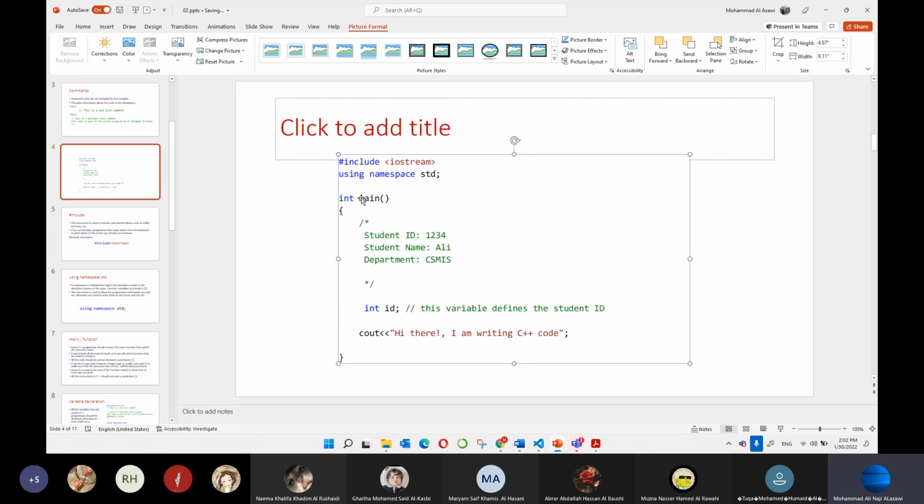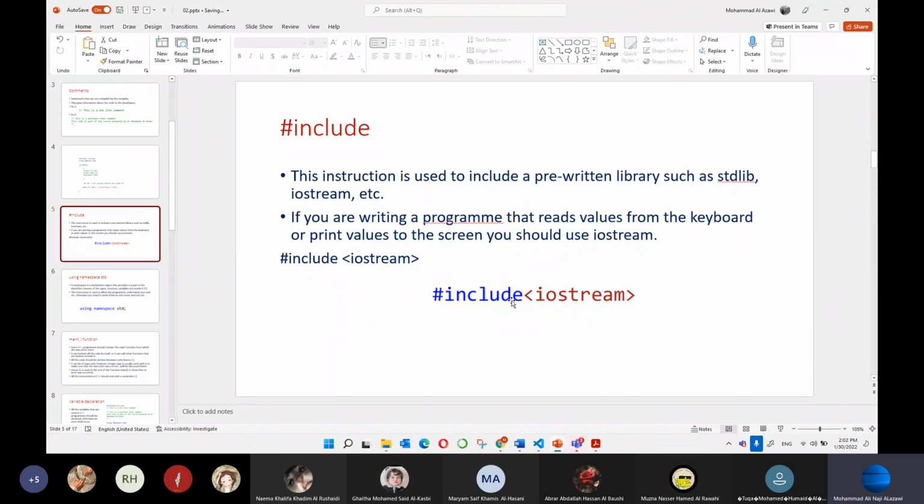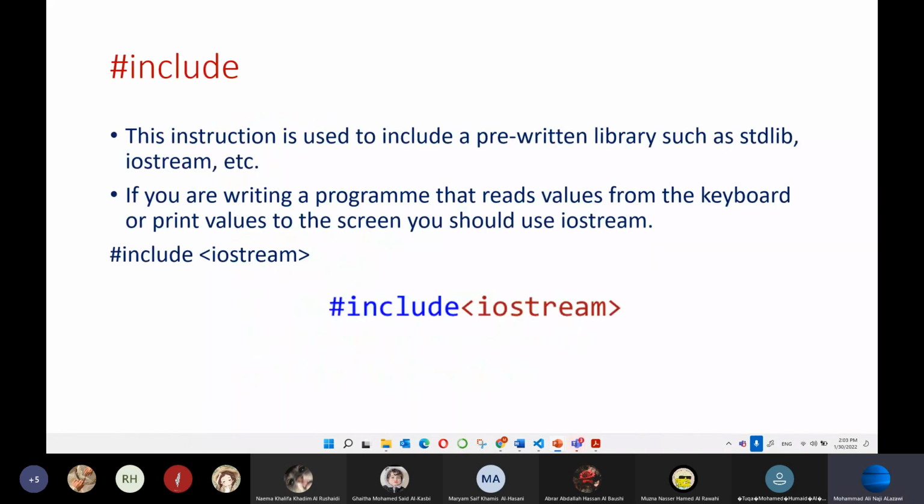All right, so these are the comments. Next, the include instruction, include iostream. You saw it, okay? This is the code that we've just written, and as I told you, this is the multiple-line comment. This is also another comment, all right? Now the include iostream. As we said, this instruction is used to include a pre-written library such as